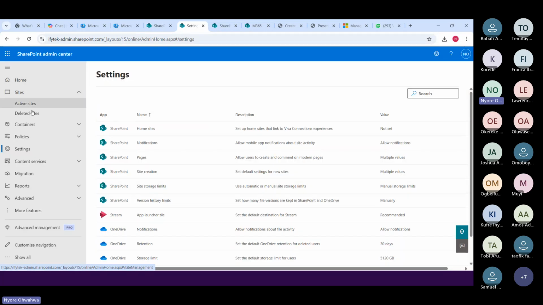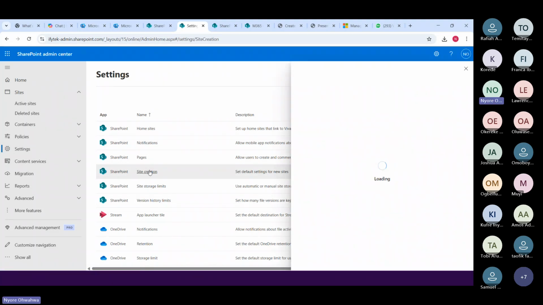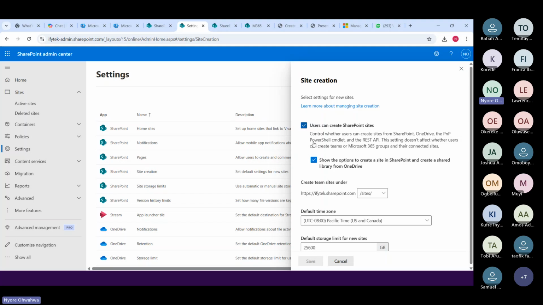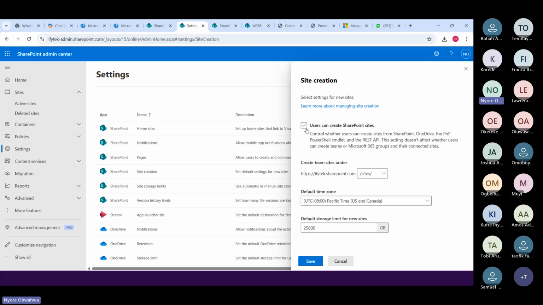This is your SharePoint admin center. You go to settings, right? And if you look through this, there's an option that says site creation. If you click on this, users can create sites. You can see it is automatically enabled. So you can uncheck this and save.